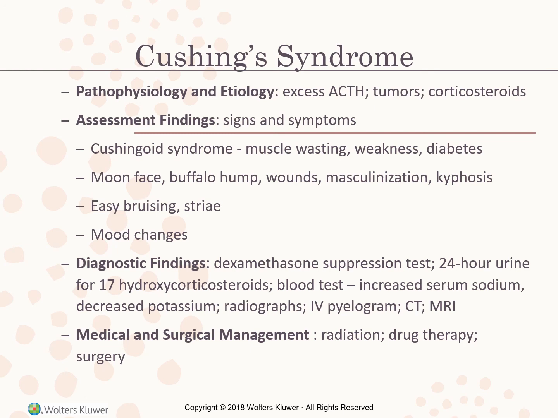So urine levels of 17-hydroxycorticosteroids and 17-ketosteroids usually are increased. The plasma and urine cortisol levels are elevated, and an overnight dexamethasone suppression test is used as an initial screening. The client usually takes 1 milligram of oral dexamethasone the next morning. Plasma cortisol levels are obtained. Now, if these results are above normal, 0.5 milligram dexamethasone is given every 6 hours, and 24-hour urine collections are tested for 2 consecutive days.